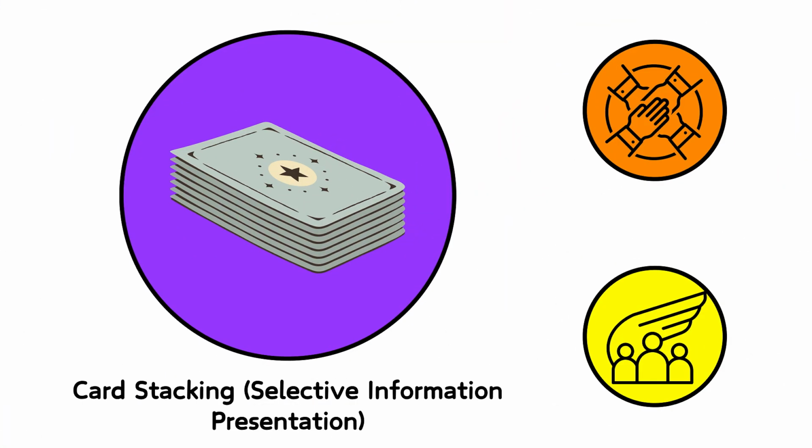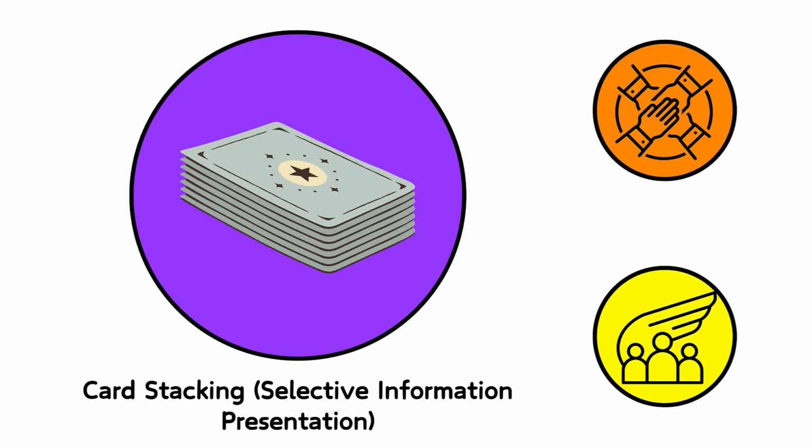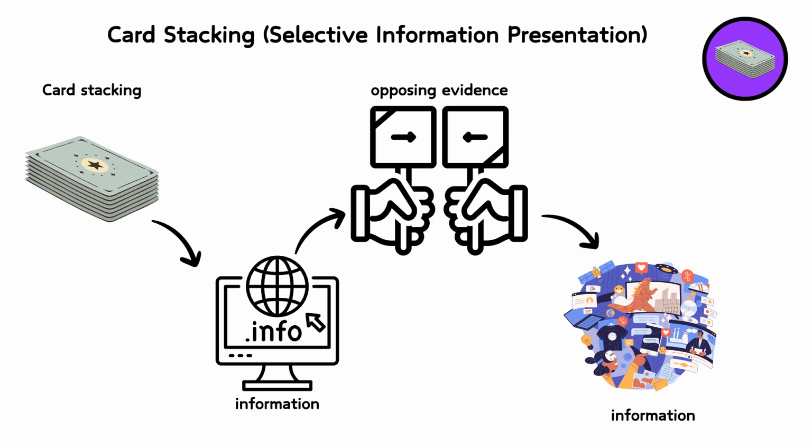Card stacking, selective information presentation. Card stacking represents the deliberate selection and arrangement of information to present one side of an argument while deliberately omitting or downplaying opposing evidence. Like a magician stacking a deck of cards, practitioners of this technique carefully control which information